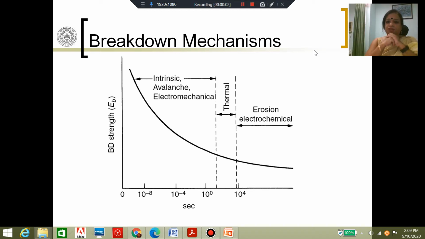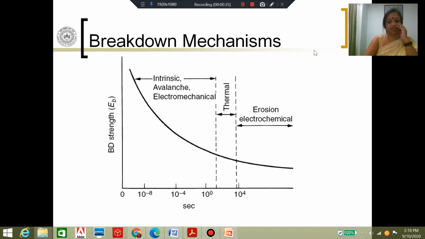So what we have done so far is we have talked about the faster processes of breakdown, the faster mechanisms by which breakdown happens in solids. However, not always are we concerned with just the short-term breakdown mechanisms, but we are more often than not concerned with the long-term breakdown mechanisms, because long-term breakdown mechanisms can cause breakdown of a solid insulation in service even under